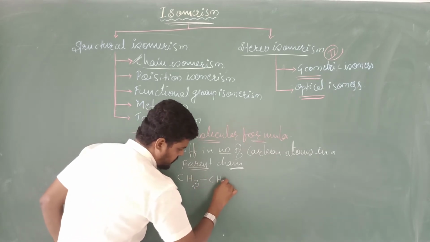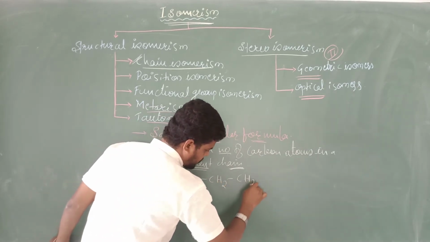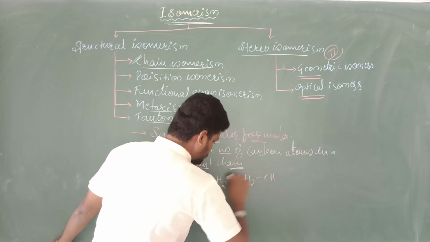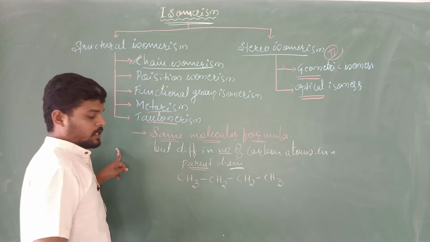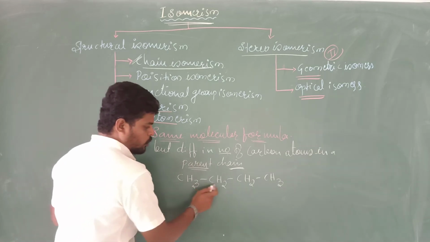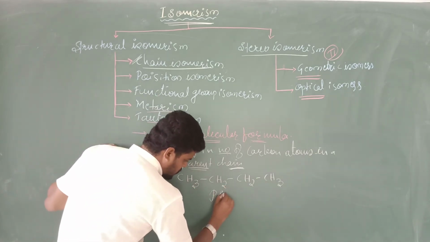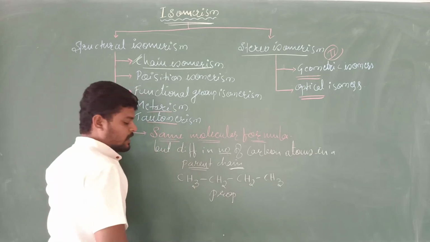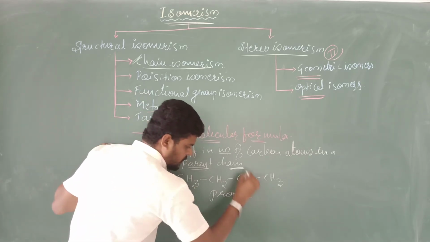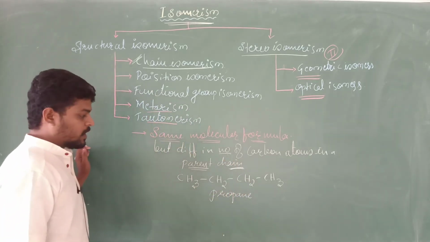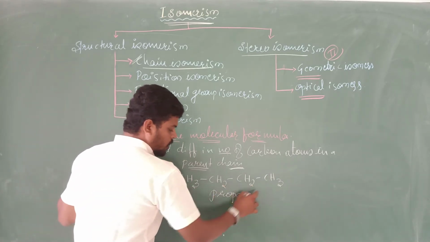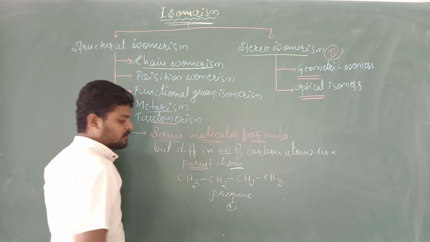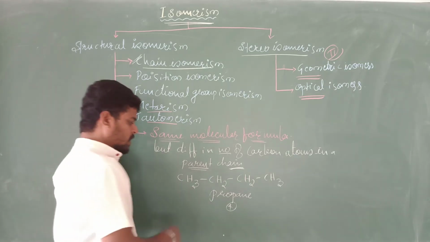CH3, CH2, CH2, and you can get a CH3. The name of a compound will be 1, 2, 3, 4 means pro single bond. You are going to write ANE, that is a propane. So number of carbon atoms in a parent chain 1, 2, 3, 4. Number of carbon atoms started in parent chain alli namage 4. Ade if you write